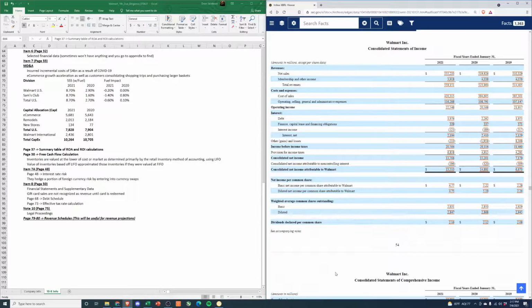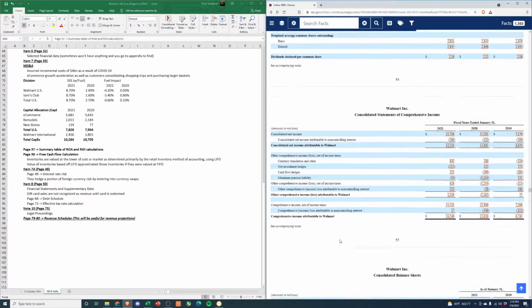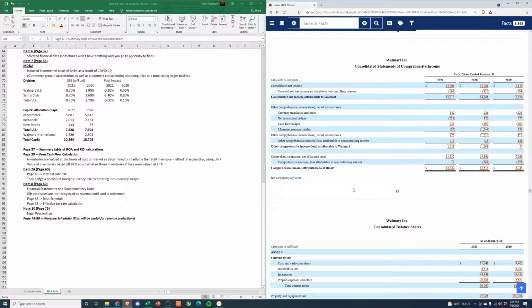But right, you'll have your full income statement. And this is high level, right? So it doesn't break it out by division or segment, just net sales. And sometimes this is the lowest they give you, but a lot of times they'll give you more granularity. Then you'll have an income statement,